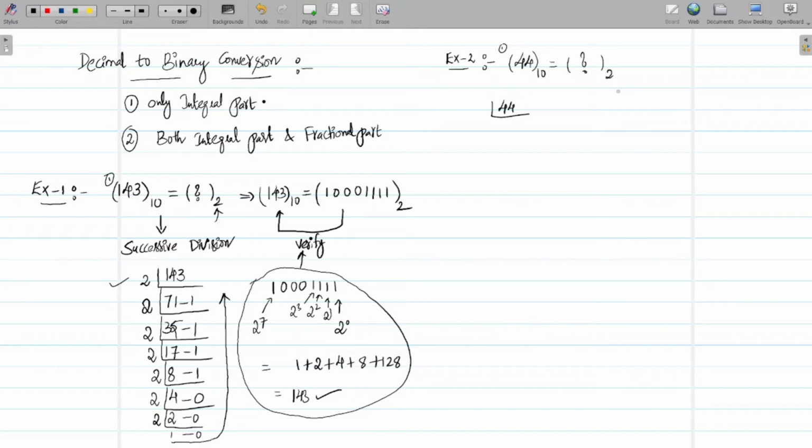Hence the base to which I need to convert is 2. So I need to divide with 2. So 44, what is the quotient? 22 is the quotient. 0 is the remainder. Next,